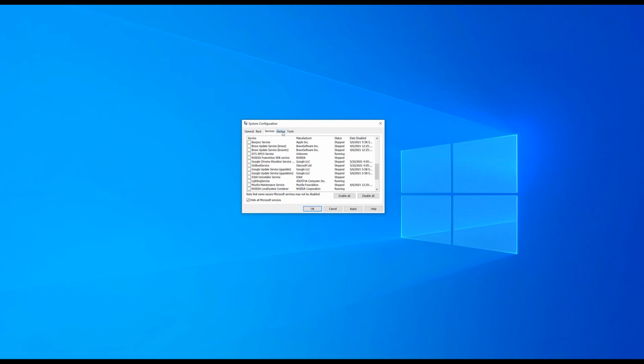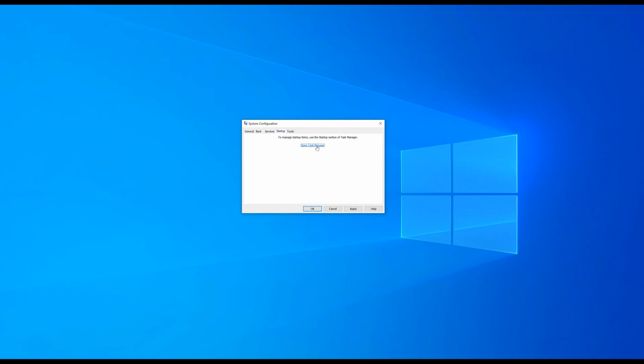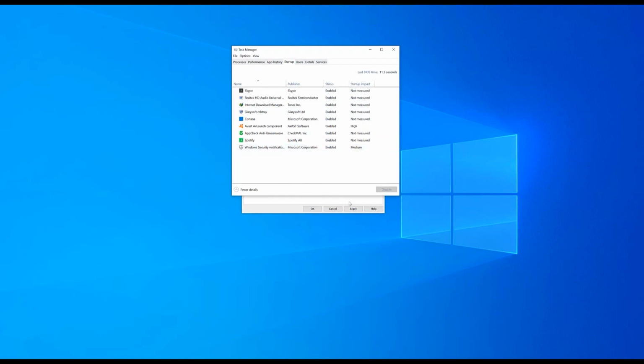Let's go to Startup, Open Task Manager. As you can see here, all these programs start with your operating system. Right click to disable it. Disable, right click, disable, right click, disable. I'm going to do the same to all the programs here. I'm going to leave these two,